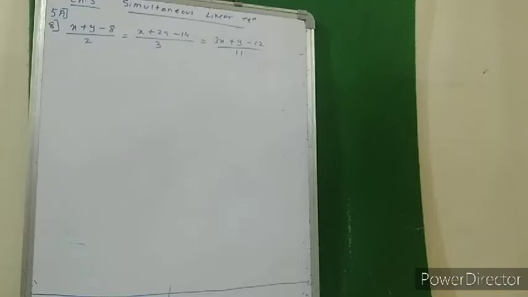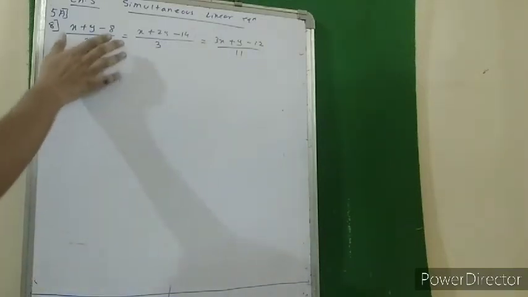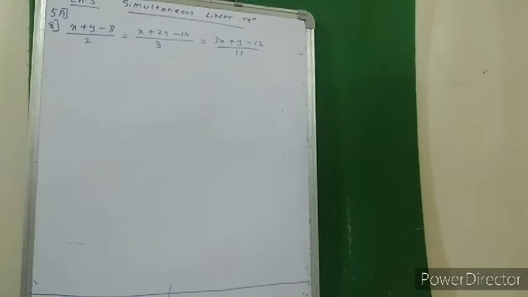Okay, so after the 5th one, the 6th and 7th are homework. The 8th is different, so I am doing the 8th one for you all. In each and every question above it, all were equations, but here we don't have any equation. We have the property of transitivity, that is A is equal to B is equal to C. With the help of this, we will first frame the equation, and after framing the equation, we will find the values of x and y.